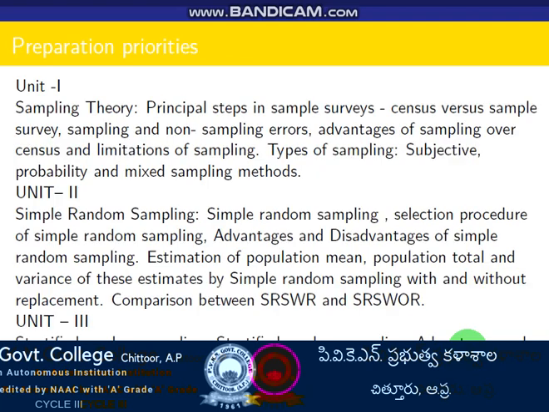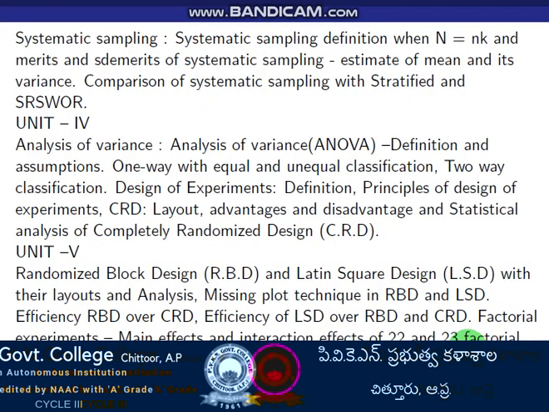Let us look into the chapters, units once again. The sampling theory consists of basic concepts, all the theory concepts. In second unit, you have only 3 or 4 theorems. Afterwards, from third unit onwards, you have 5 to 6 theorems. You have to concentrate on 6 theorems. Among these 6 theorems, you are going to get 2 questions surely.